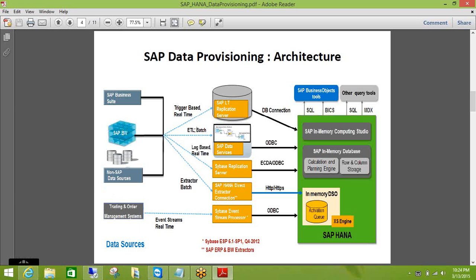So now if you see this diagram, here you have different data sources. This is one of the data sources, which has SAP Business Suite. When I say SAP Business Suite, it mainly refers here to the ECC area. Then you have a BW, and then you have non-SAP data sources and trading and other management systems. Now, for this SAP Business Suite, which is mainly your ECC and ERP, you are leveraging